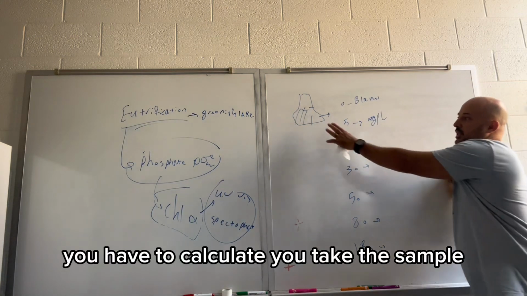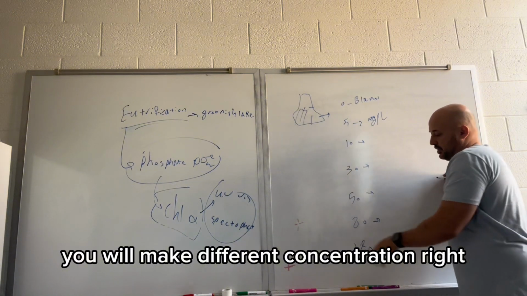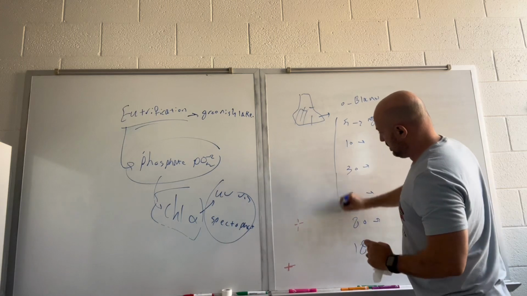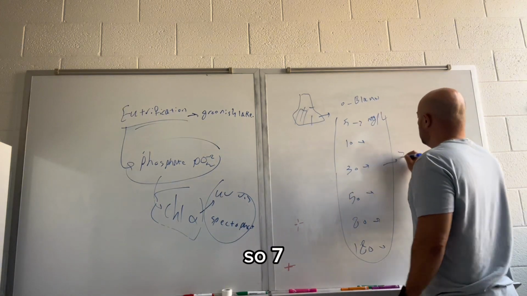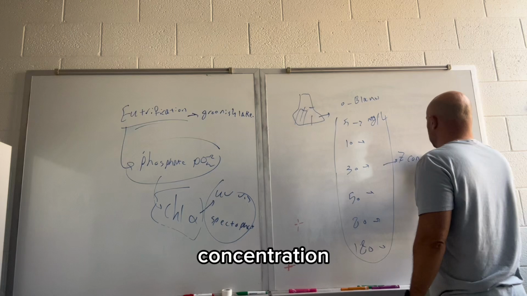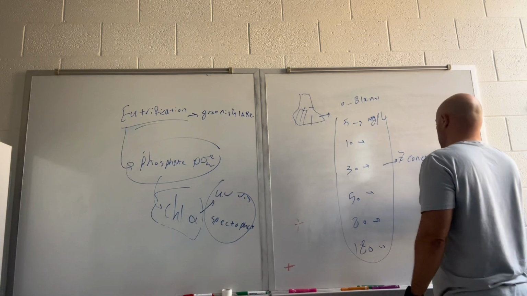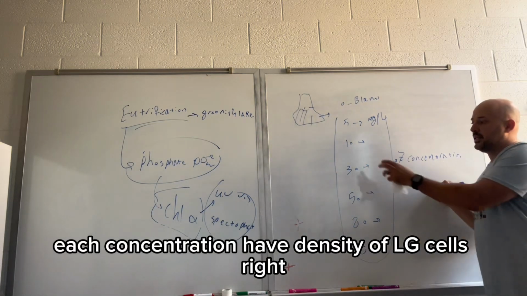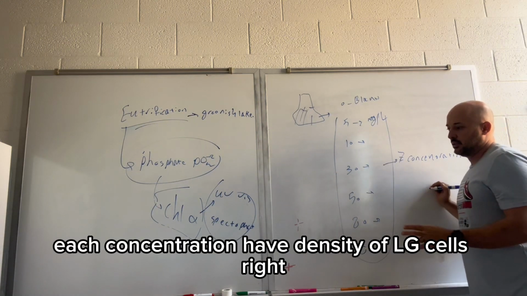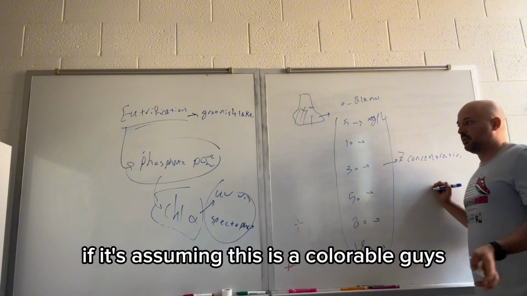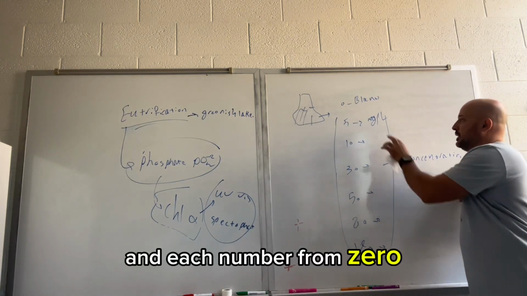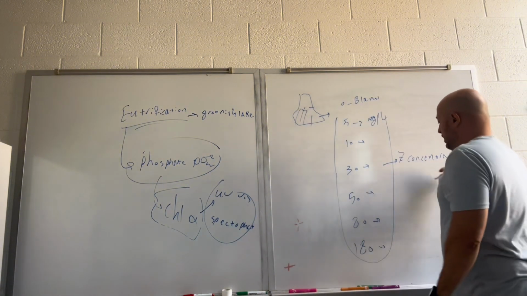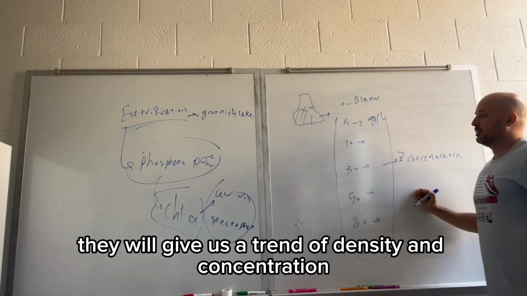You take a sample, you calculate, you will make different concentrations, right? Almost like 6 or 7 concentrations. So each concentration has a density of algae cells, right? If we assume this is Chlorella, they are single cells. And each number from 0, that's the blank, all the way to 180, will give us a trend of density